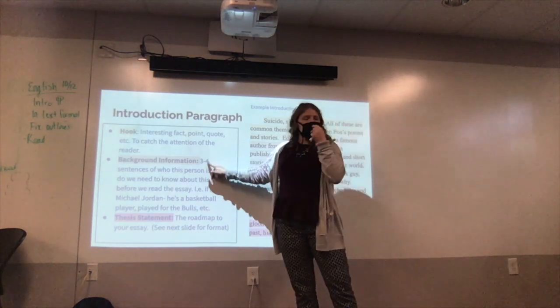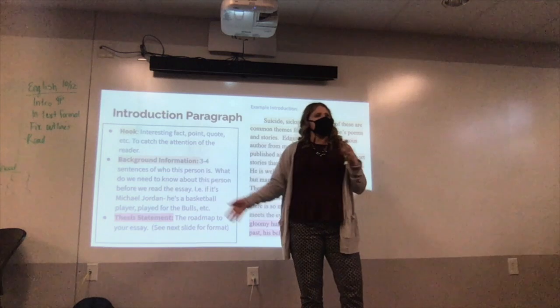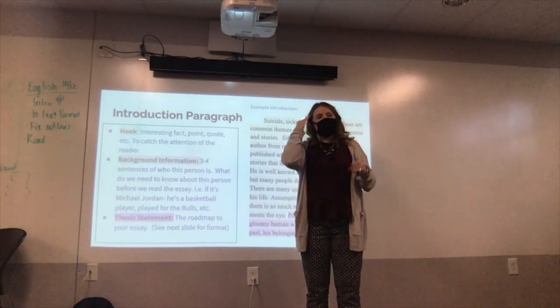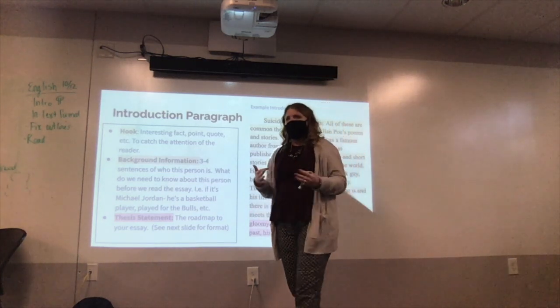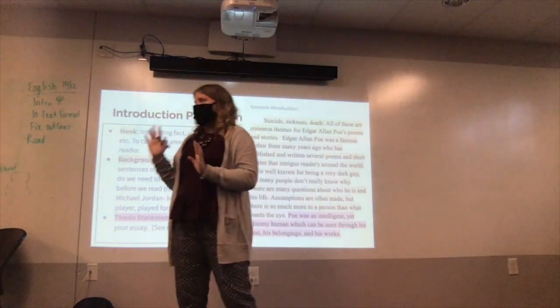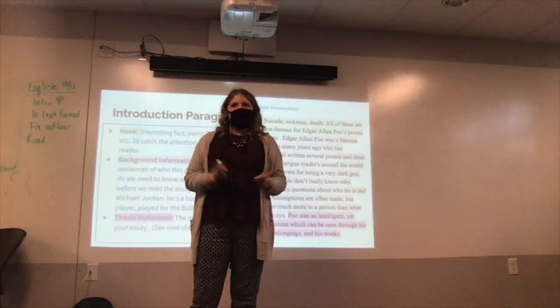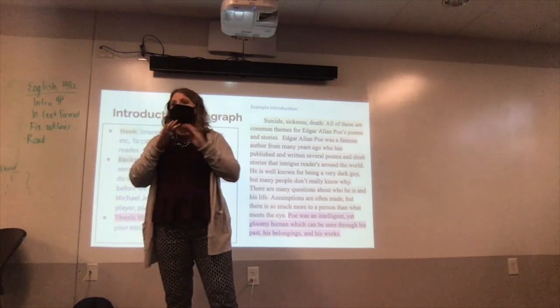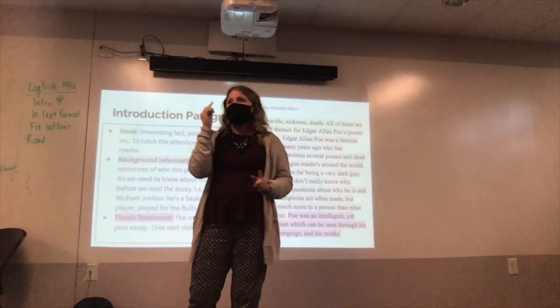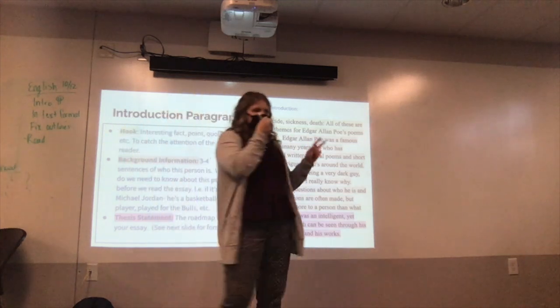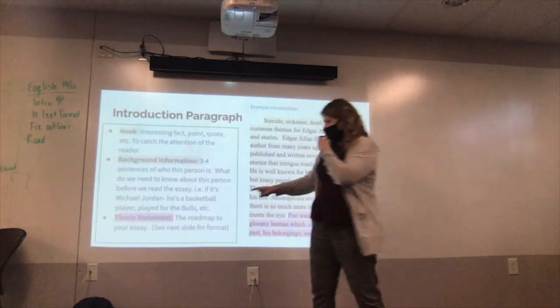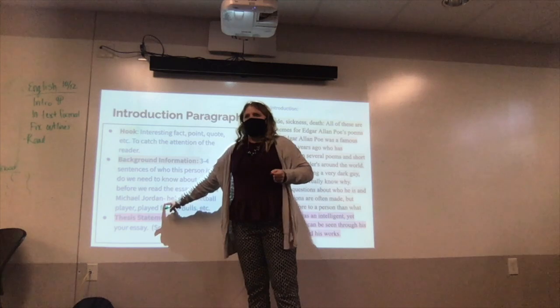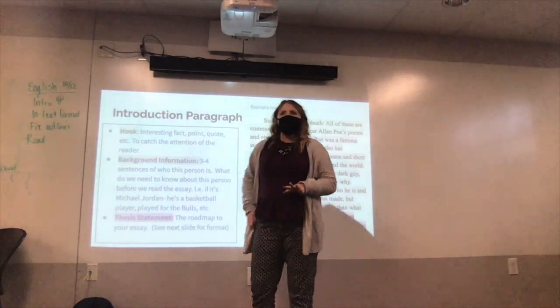Next, you're going to write your background information. This is typically 3 to 4 sentences. The briefer that it is, the better. But this is where you need to think about, all right, who is this person you're writing this essay on? From there, what do I have to know? If I have no idea who this person is, what do I need to know about them before I read this story? So my example right here is Michael Jordan. Imagine, I know it's hard to, but imagine